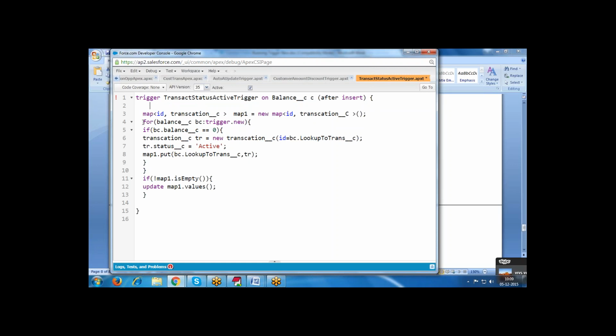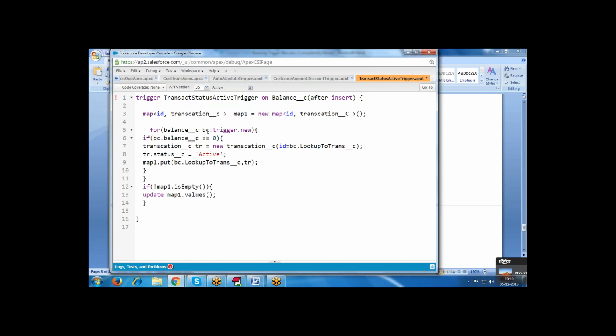We created the transaction here, trigger.